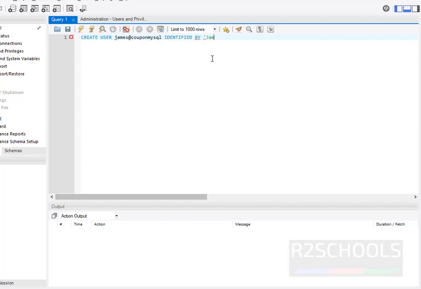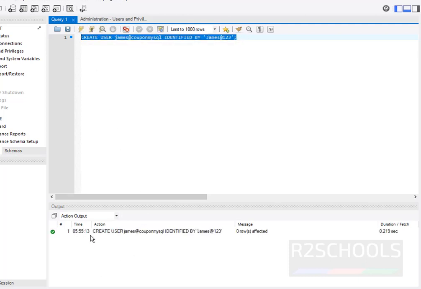Provide the password. Select the entire line and click on this execute button. See, user James at the server name identified by this. So it is successfully created.